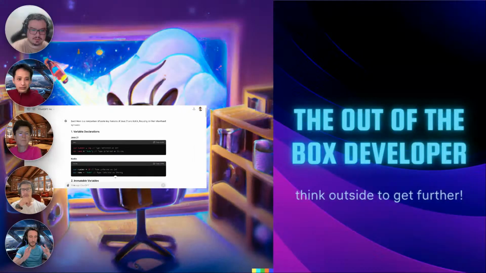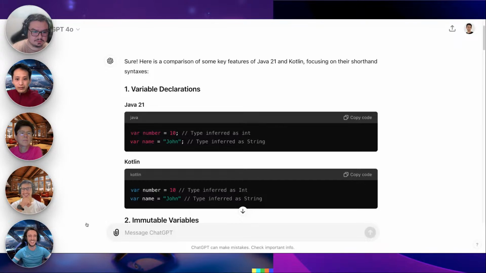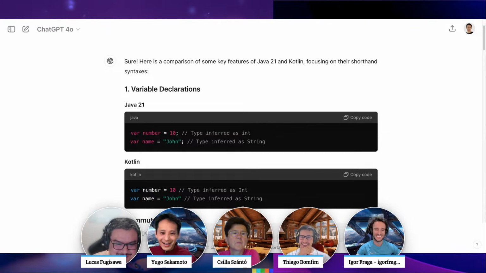Before we go further, I just want to grab the moment and share a bit of the syntax. I was looking at what ChatGPT generated. I don't know if it's 100% correct, I hope it is, but it looks really interesting. I compared it specifically with the shorthand of Java 21. Let me share it so we can see. Hugo, we have a second host. It's ChatGPT.